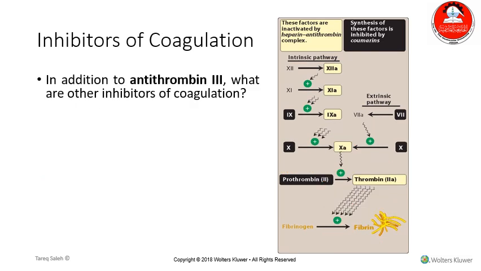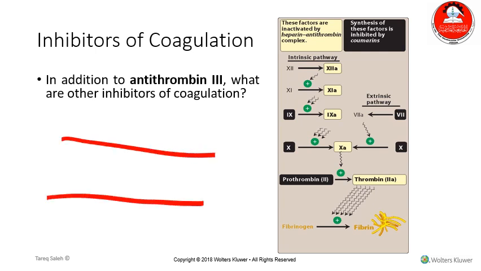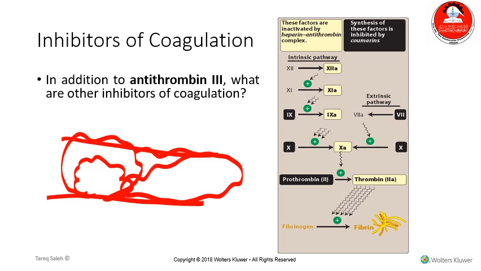Furthermore, remember that it is very important that when you want to form a clot, this clot has to be limited to the site of injury, okay? You want it only to grow at the site of injury because otherwise, if the clot keeps forming indefinitely, then the clot will occlude the blood vessel and spread throughout the vessel to distant places. We don't want that to happen. And that is why we have antithrombin 3, which opposes the function of thrombin and clot formation and also inhibits